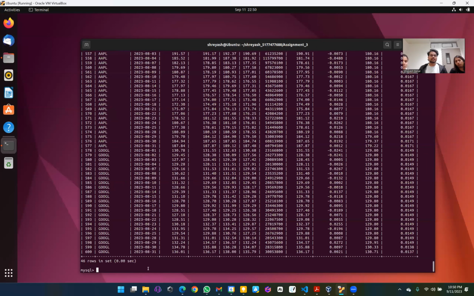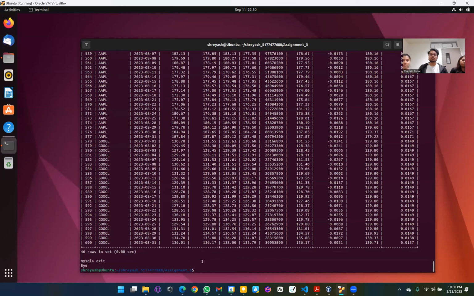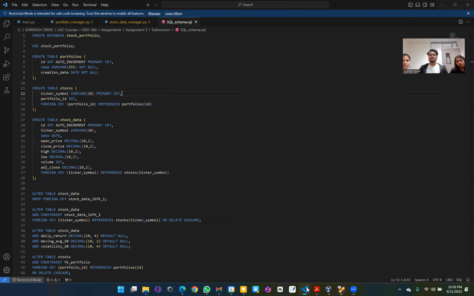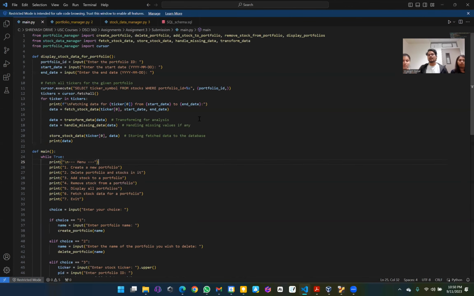because we have implemented database integrity by implementing the cascading delete with the reference key, so that if we want to delete something, it will be deleted from all of it. So that was the database implementation and also the pipeline implementation and how we have shown the interface to the user. Now we will look at the Python scripts that we are working on to show how we have implemented